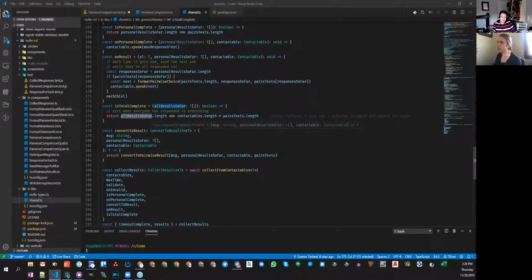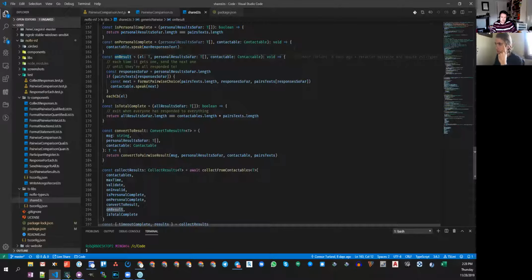You see how within on result, this is saying, okay, they've just successfully submitted a result. So they've just voted or described or whatever they've done.